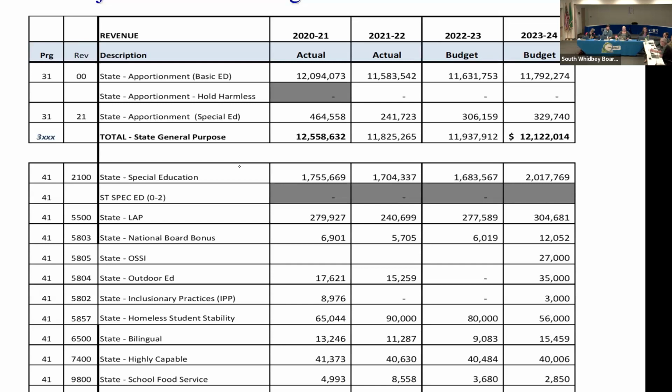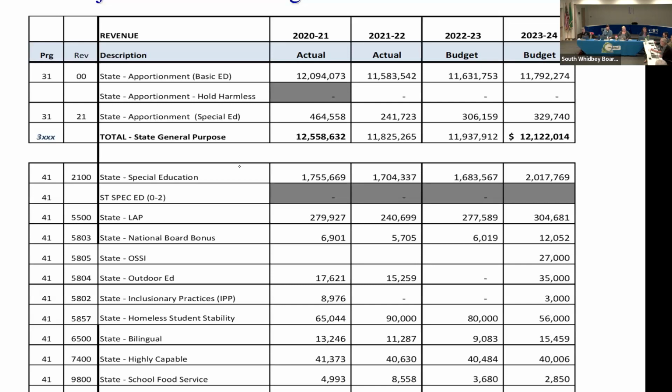The learning assistance program, about $304,681. A lot of these are tied to our free and reduced percentage. It has gone up in the last year by a couple percent. And so that increases this funding model a little bit. So even though the number of students are slightly less than we've had in the past, because the amount it's being funded by is increased because of the free and reduced percent, which is roughly 31% now, and it was 28% a year ago. We get a little more money in those categories.